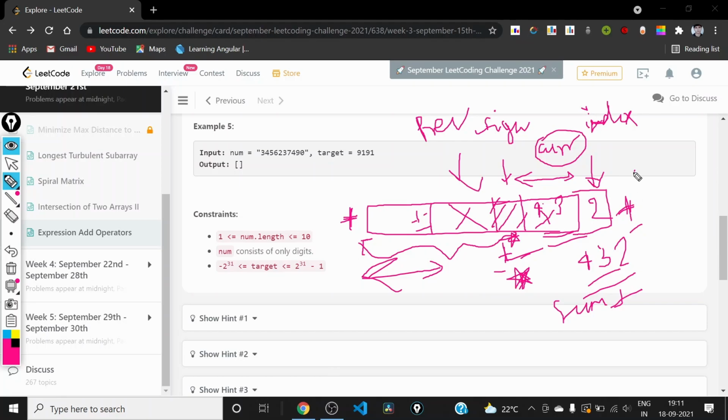And just in case we have decided to include a star here, then we will also need to store this quantity and this previous quantity. So if we decided to include a star here, then this current will become 0, and we will store this current quantity as previous.